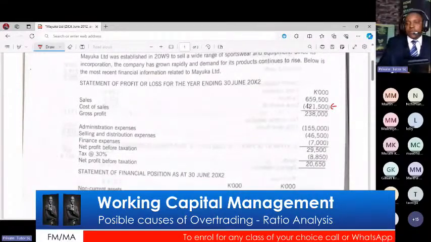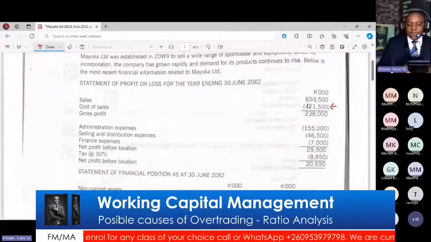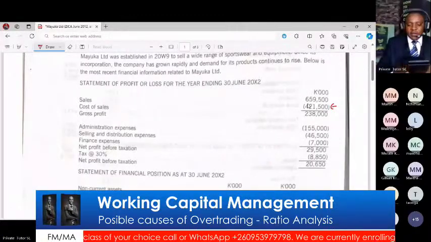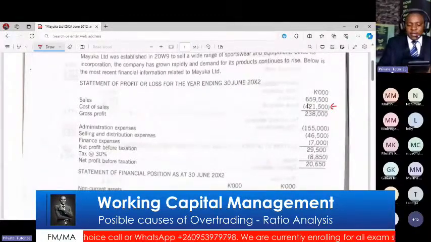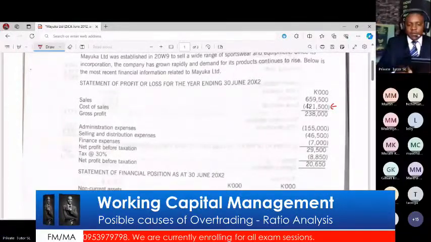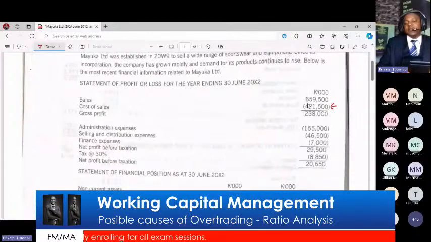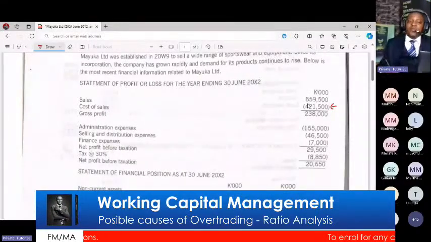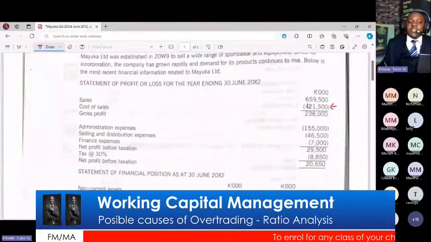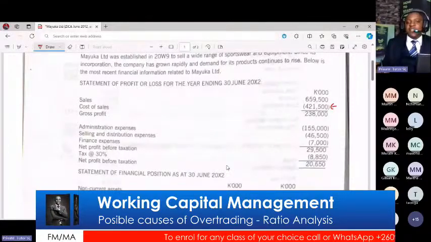So why are we doing this? If you do that, 421 divided by 659, it's 64%. So their cost in sales is 64%. That's quite a lot. So you can really tell from their capital structure and from the income statement whether they are overtrading or not. A company that has